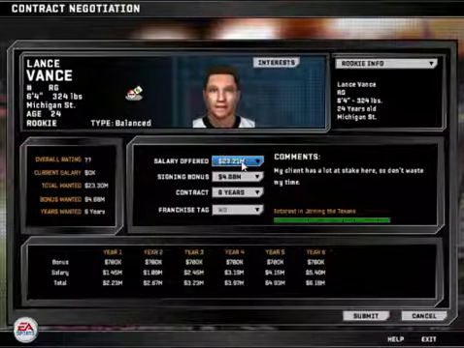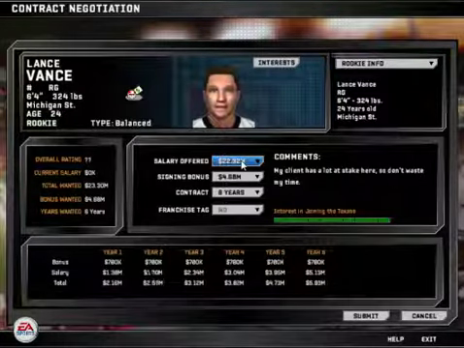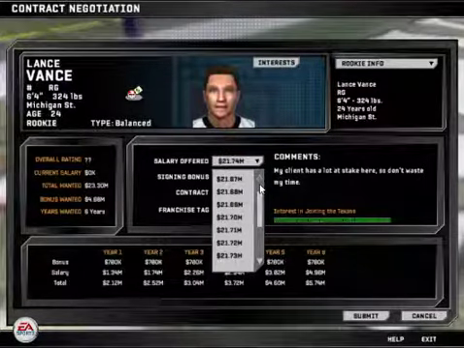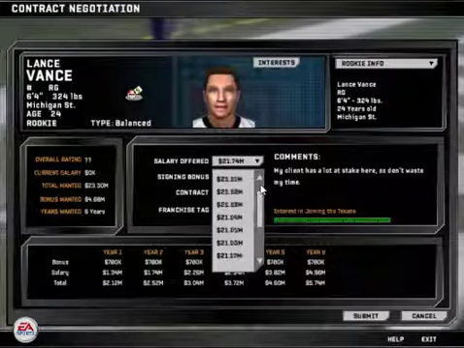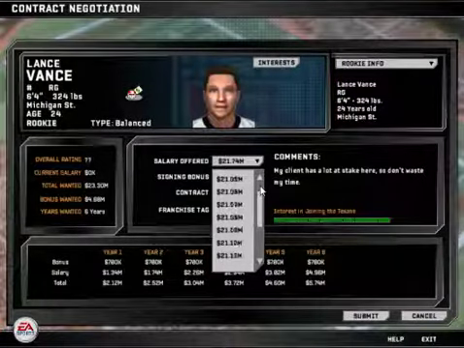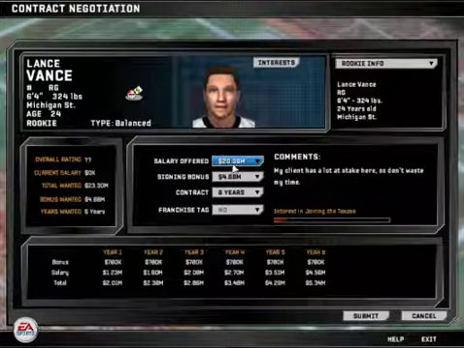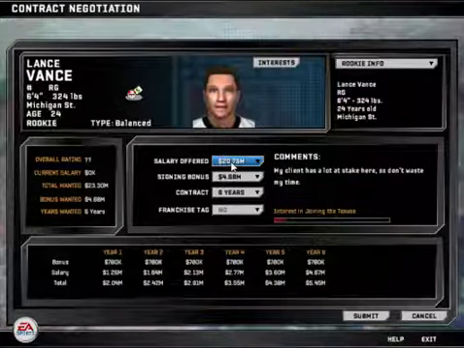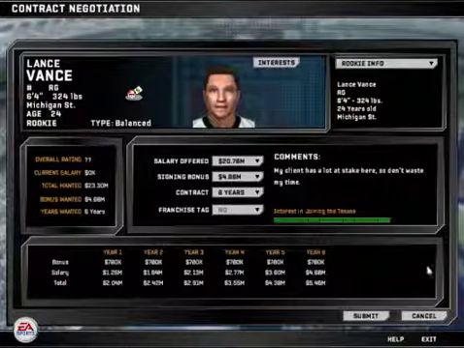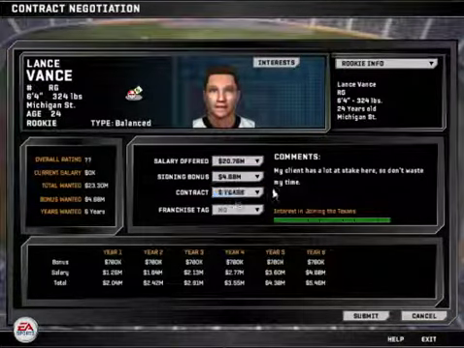So for a 10th round pick, I'm more than willing to sign him for a 6-year deal. I find when you're signing these guys to contracts, generally take off about 10% of the initial salary offered value, and it's pretty much guesswork. So we'll get a contract all lined up and ready to go. I generally only move the salary offered and don't mess with the signing bonus. And then depending on how good I think the player's going to be,